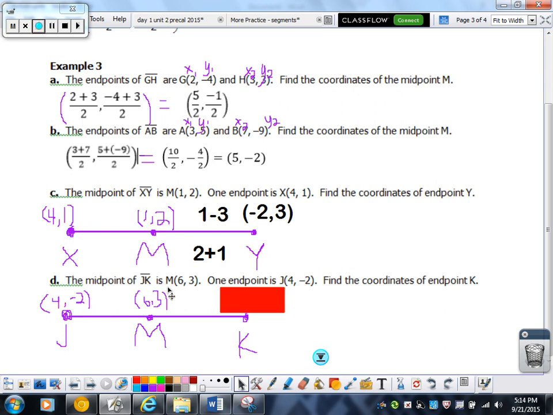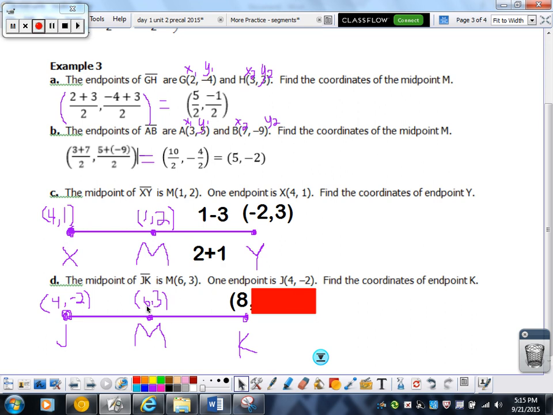Next, the midpoint of JK is M, the point 6, 3. So once again, they've already given me the midpoint. One endpoint is J, 4, negative 2, and they want me to find the endpoint K. Once again, I'm going to look at what I did to get from 4 to 6. It looks like I added 2, so I'm going to add 2 to 6 again,